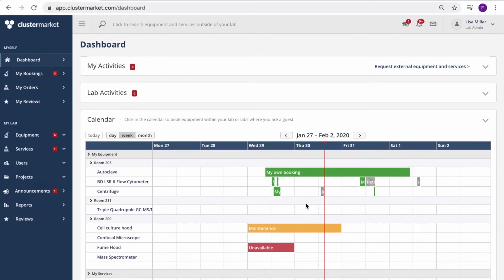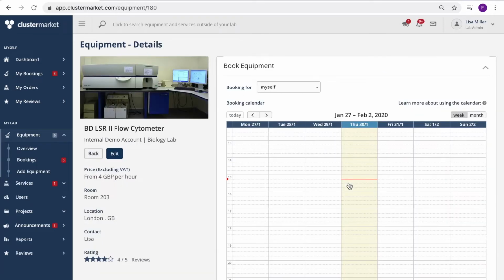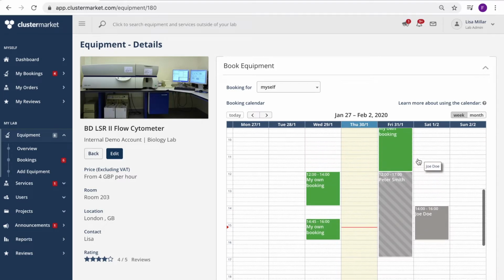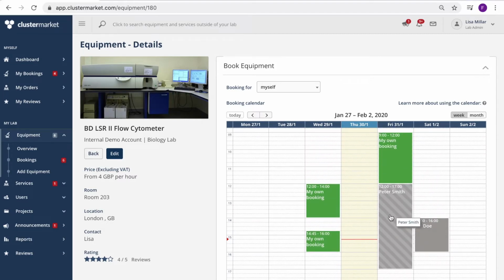So this is how the dashboard looks. And now I'm going to teach you how you can book an equipment. So if you want to book a flow cytometer for Friday, for example, you see that this is the equipment you want to book, this is the day you want to book, and then you click on the block. It opens up automatically the equipment's page, and you can see a picture of it that you can upload as well. You'd see the calendar, the requests here, for example, the one we saw from Peter, your own bookings and